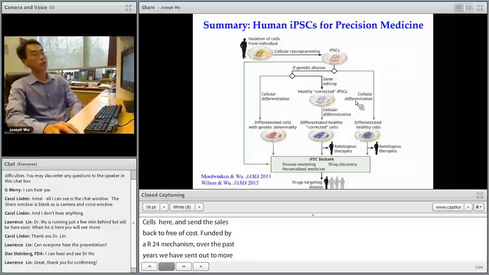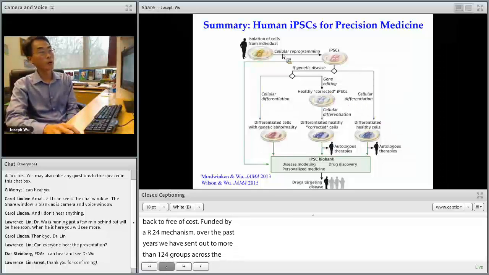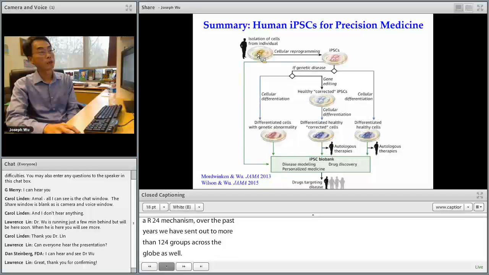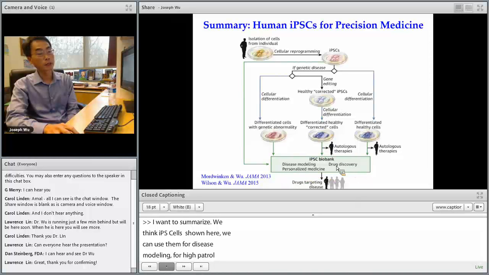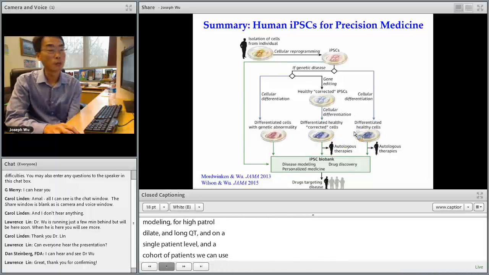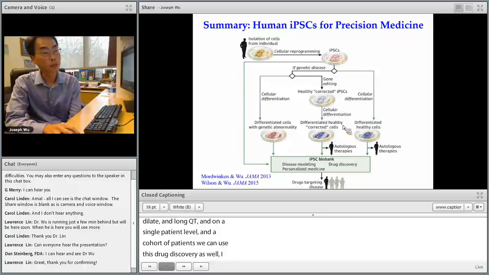And so I just want to summarize the talk. We think that we can use these iPS cells for disease modeling. I've shown examples for hypertrophic, dilated, long QT, and left ventricular noncompaction. We can use this for personalized medicine at a single patient level. And then on a cohort of patients, we can do this for drug discovery as well. I didn't have time to go into the cell therapy aspect, which we also have as a pretty robust activity